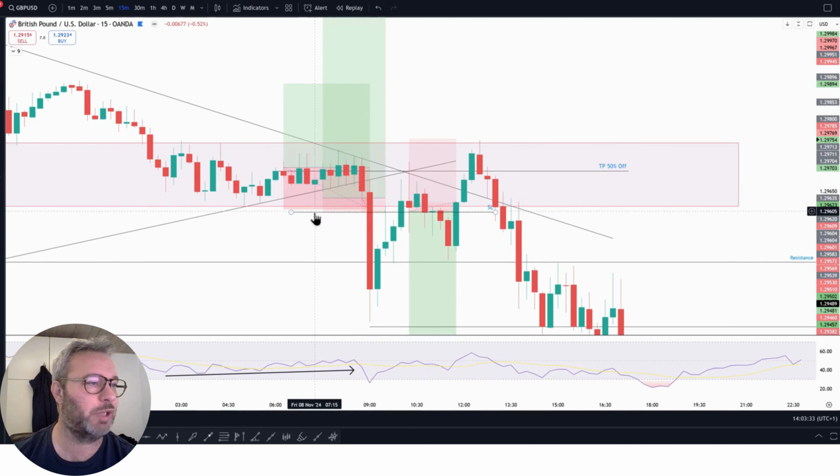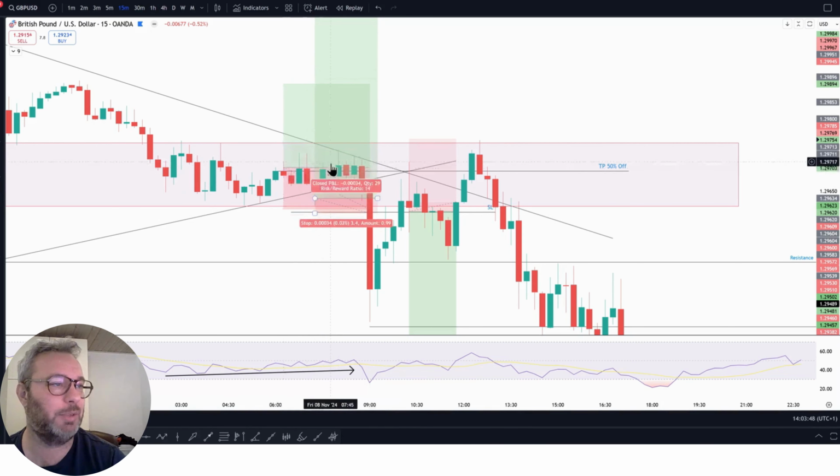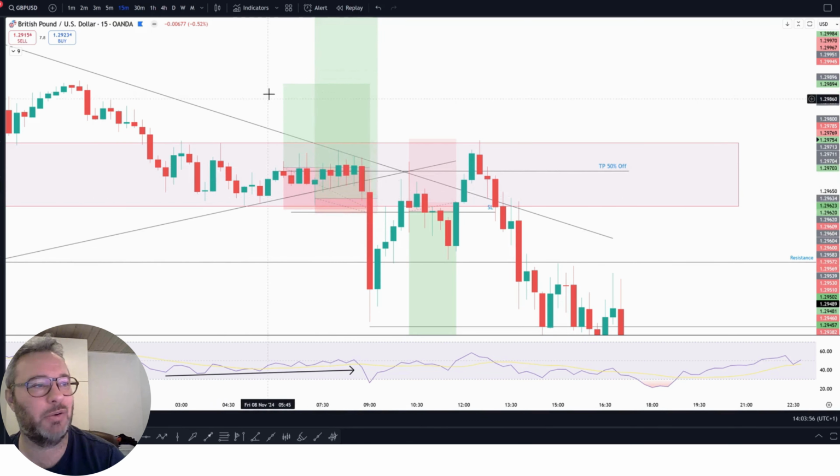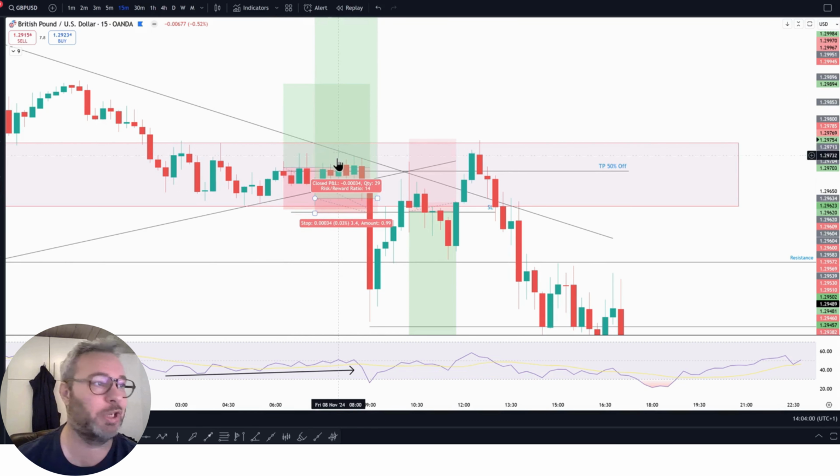You can see this wick here respected the trend line, and it also formed a double bottom. So I longed on the way up with a tight stop loss, and I took profit up here. With the profit I took up here, I calculated it so it would break even if the price went down, and took my stop loss from the first trade I was in. So I was in two trades at the same time in the same direction.